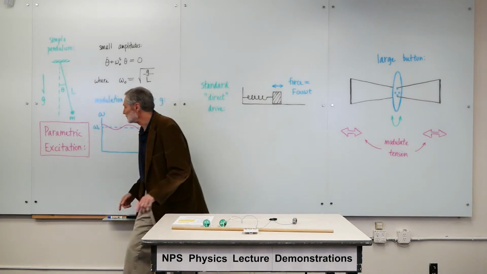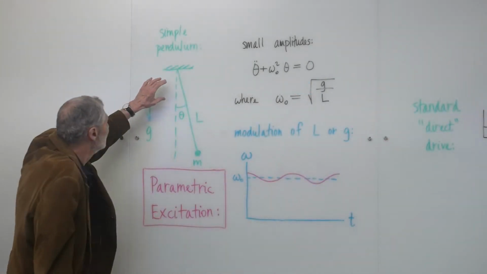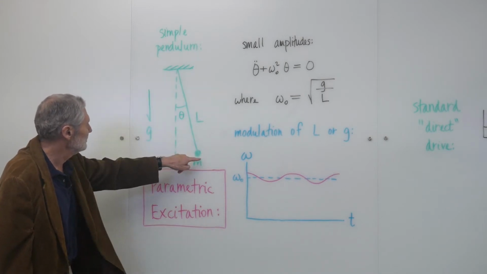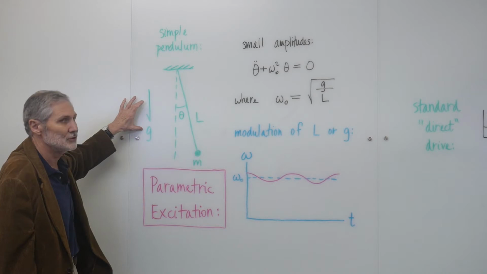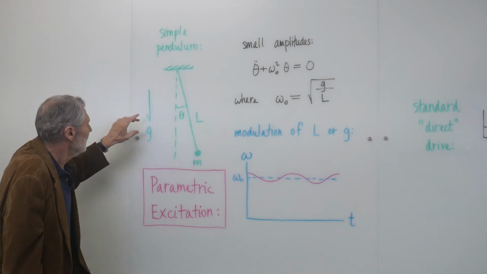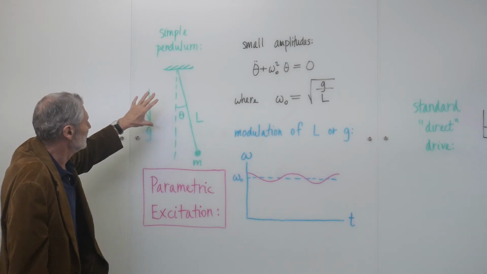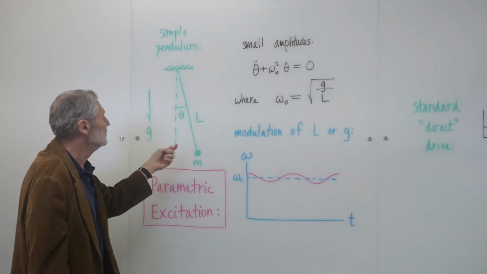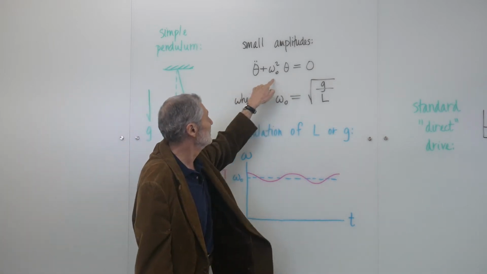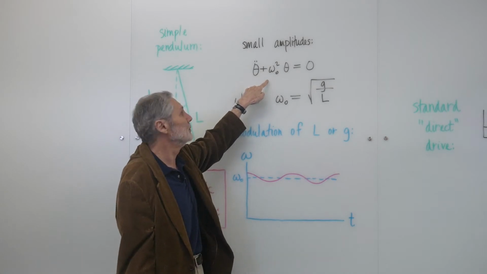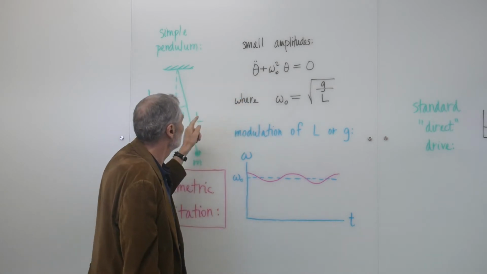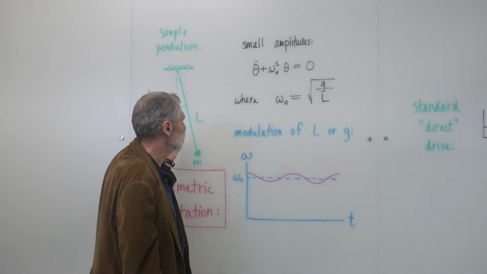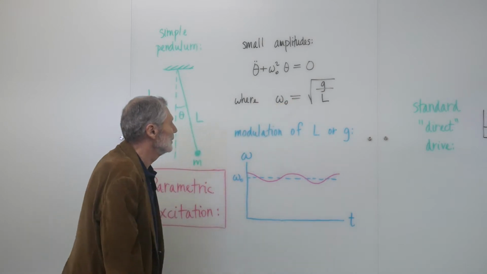And this is best explained in the context of a simple pendulum. So here's our simple pendulum, length L, mass m, point mass at the end, acceleration due to gravity g. If you write down Newton's second law for this system, you get a differential equation. For small amplitudes, this is the equation you get. This is the differential equation for simple harmonic motion. And here, the natural frequency, the frequency of oscillations for small amplitude, is given by the square root of g